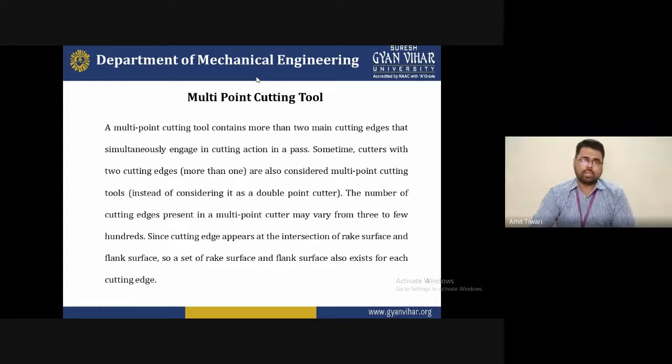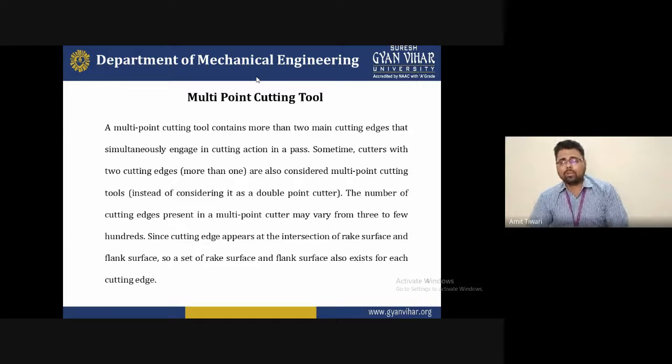For different types of operations we use different machines. For example, if you want to manufacture a gear, the milling machine is used for that particular operation, and the drilling machine is used for drilling operations. These are some special cases of machining, and with their help we provide a good, desirable shape.